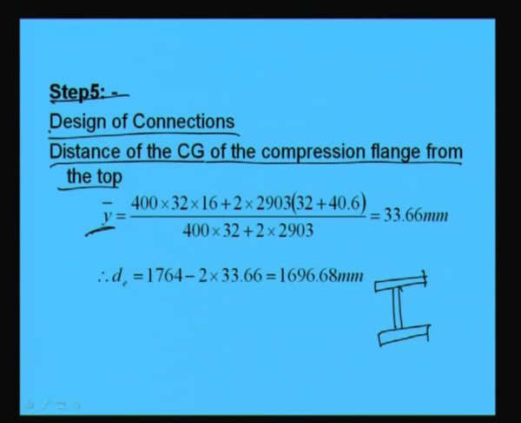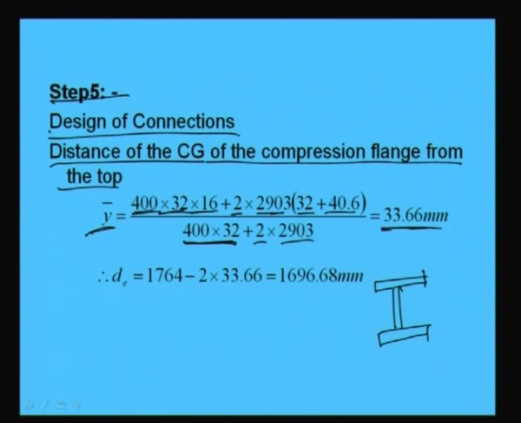That will become how much? As you know, 400 is the width we have provided, 400 into 32 into 16 plus 2 into 2903 into 32 plus 40.6, by the area, that is 400 into 32 plus 2 into 2903,